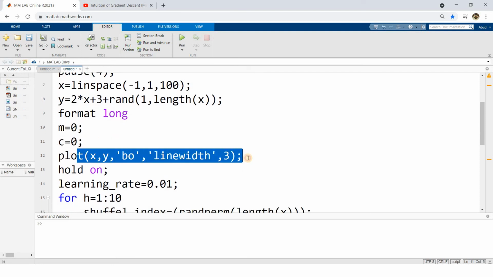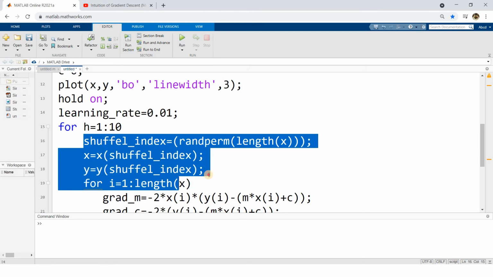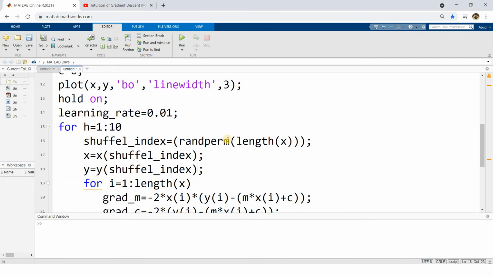We are plotting our original data. Now the learning rate we specify as 0.01, like gradient descent. Here also the learning rate should not be too high or too low. Now epoch is 10, which means the whole data will be passed through 10 times. And I have told you that at each iteration we pick one single data point and update. This single data point picking happens in random fashion. That's why each time I am shuffling both x and y in random fashion.